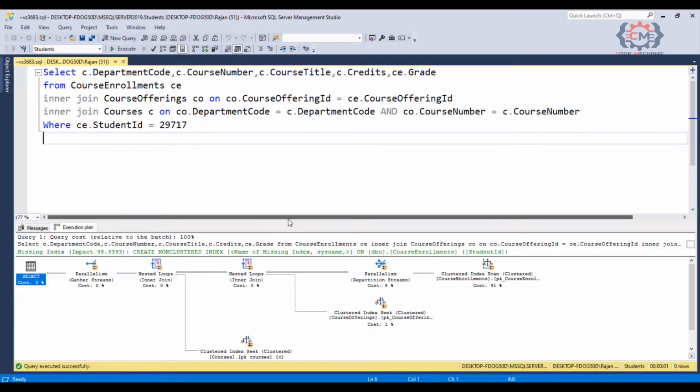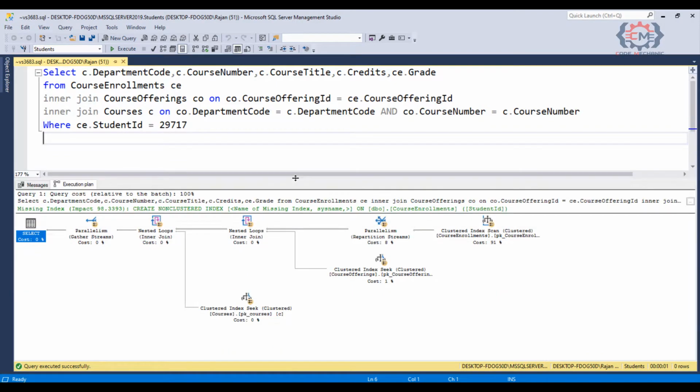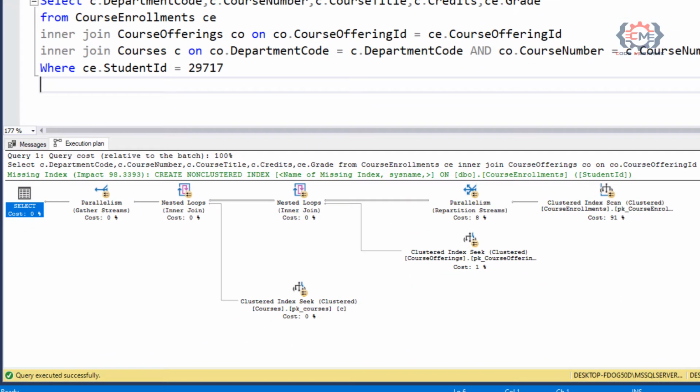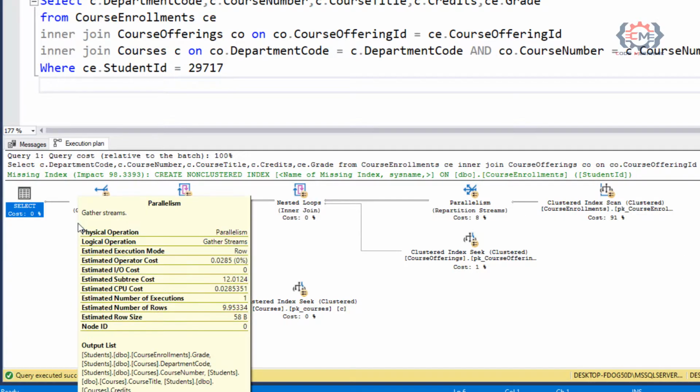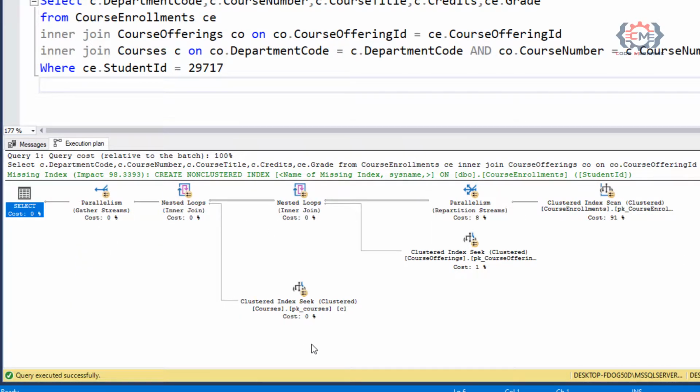Let me zoom in on the execution plan to make this plan easier for us to read. To read an execution plan, we want to work from right to left and from top to bottom. You can think of this as though the operations on the right are getting executed first, and then as we move to the left, these intermediate operations will build upon the already completed operations, and eventually we will get to this upper left-hand corner which represents our complete statement.